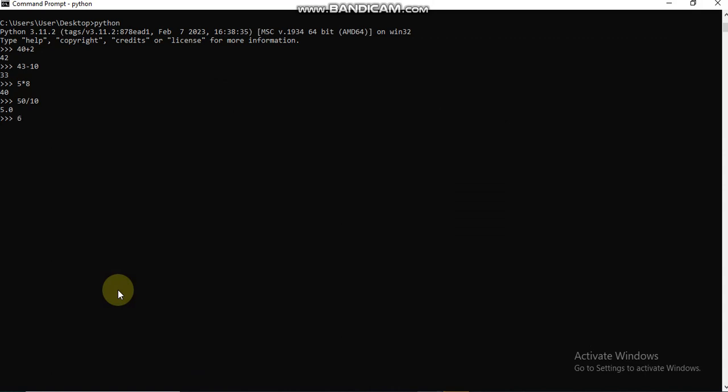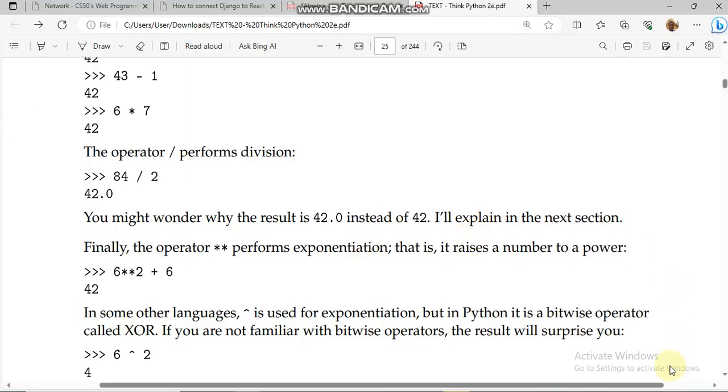Here, if I have 6 raised to the power of 2, what I should be expecting is 36. Whereas 6 multiplied by 2 should give me 12, which means these two operators are different. For multiplication, I only have to use one star. For exponential, that is to raise to the power, I have to use two stars, which is 6 raised to the power of 2. So now let's look at